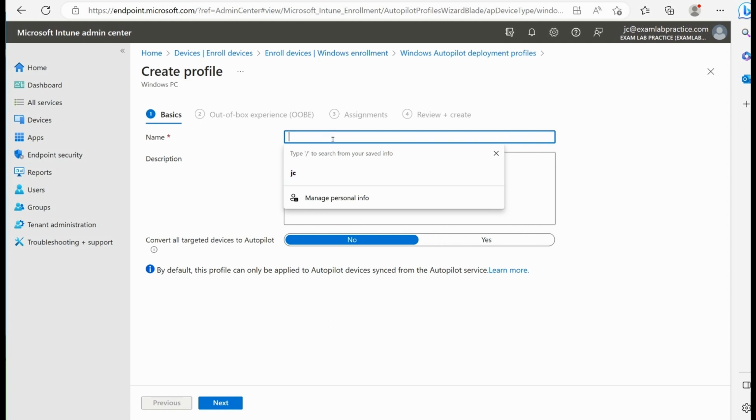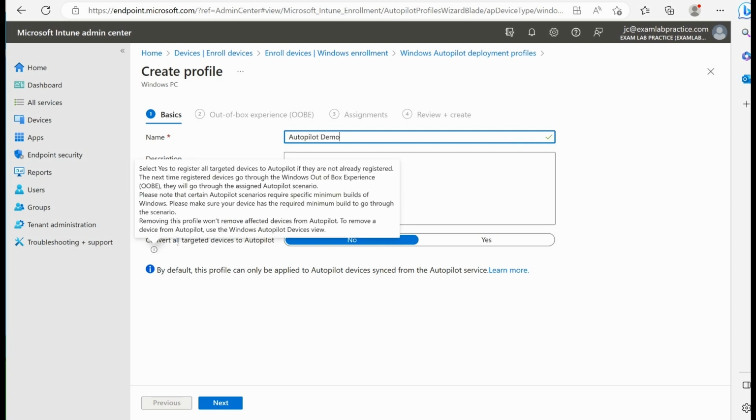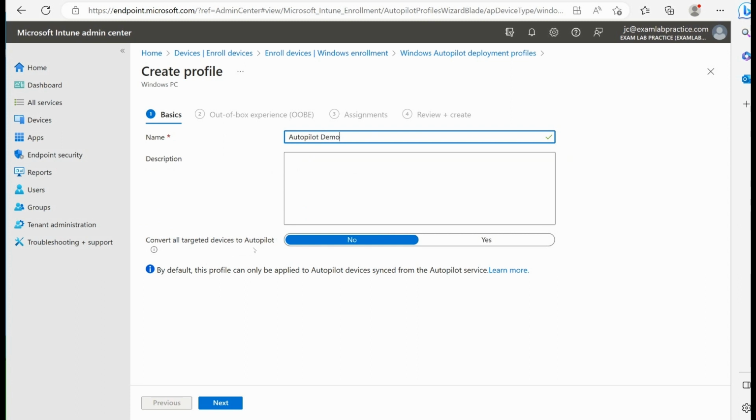We'll just call this autopilot demo. All right, and then it does say, do you want to convert all targeted devices to autopilot? So this would be if I was using a group. Usually what you do is, if you had a group